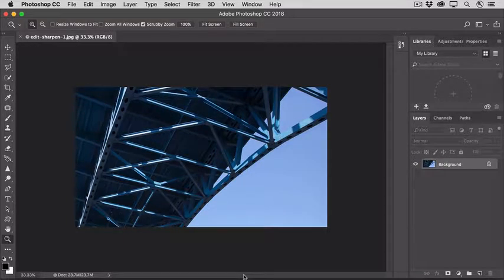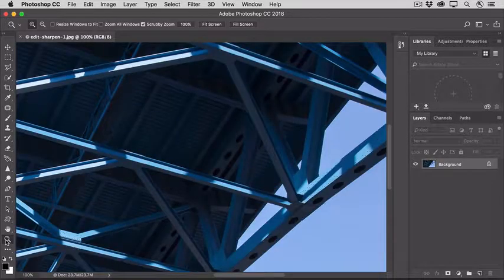Almost every photograph can use some sharpening because the very process of taking a photo from capture to output softens the image. To sharpen this photo, start in the Layers panel and make sure that you have the layer selected that you want to sharpen. Let's zoom in to 100% so we can accurately judge our sharpening settings in the document window. A quick way to zoom to 100% is to go to the Zoom tool in the Tools panel and double-click